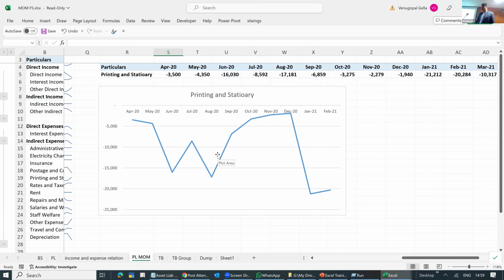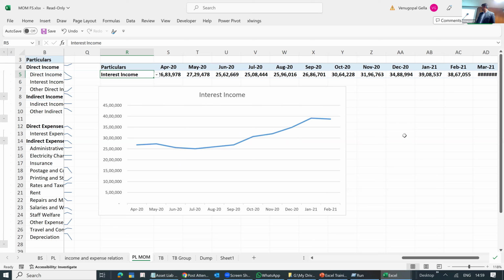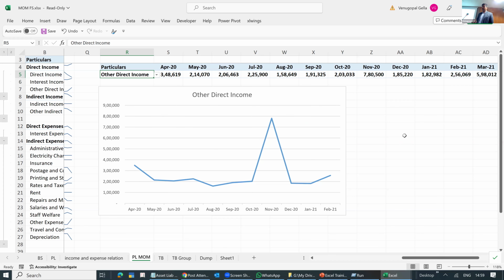With the data table, you are getting the various items, like interest income. You can see how my interest income graph is moving. So one by one, you analyze each item.